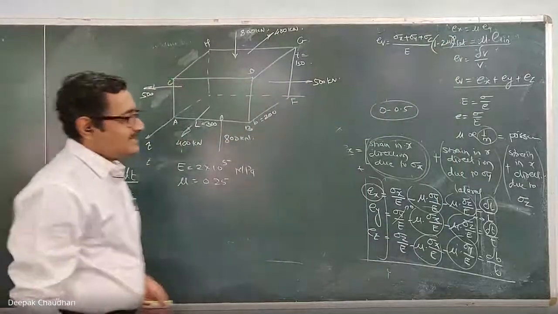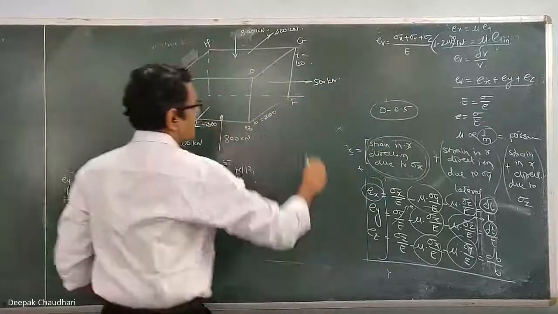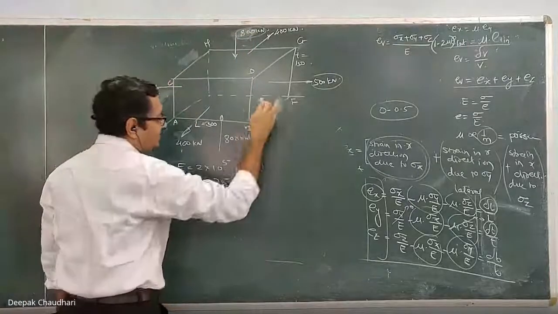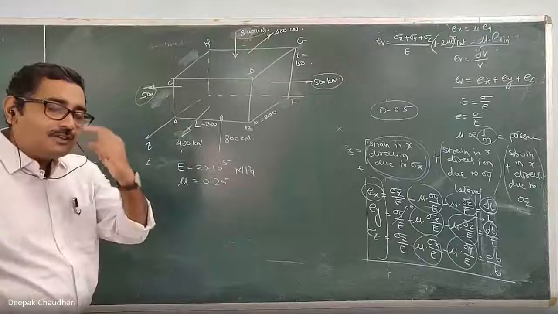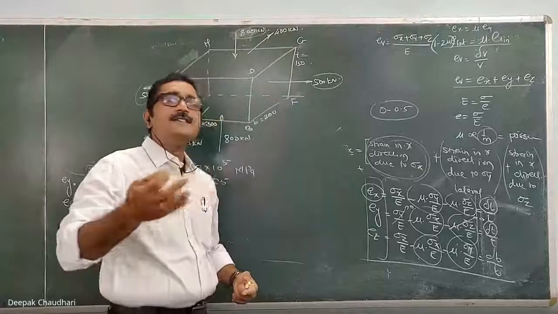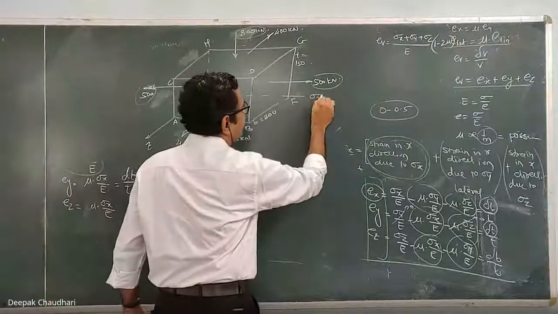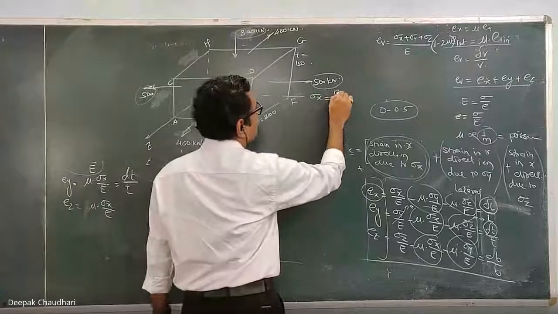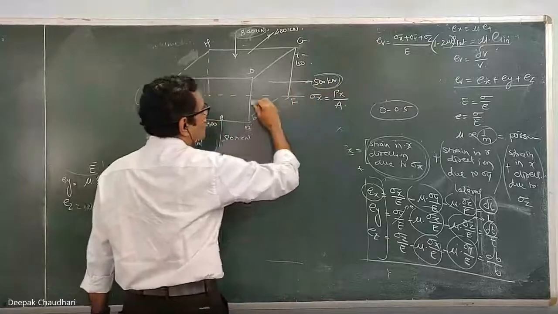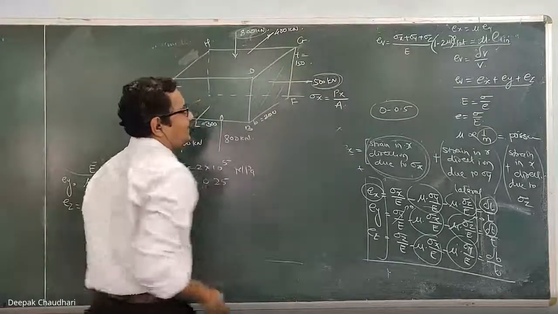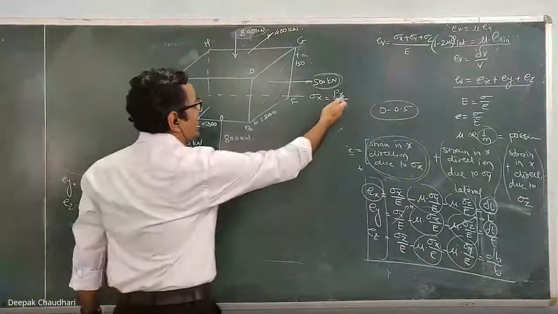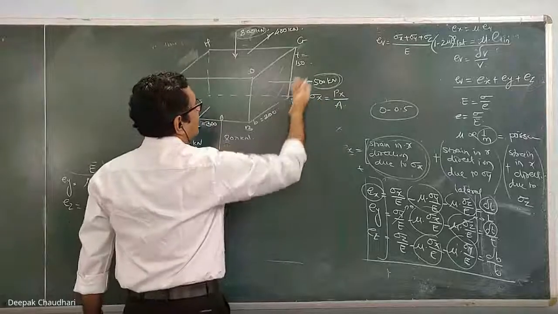This formula is in terms of stress, whereas here forces are given. So first you need to convert the forces into stress, that is, calculate the stress in the x, y and z directions. The stress in the x direction is the force in the x direction upon the resisting area. For this 500 Newton force, the resisting area is the one perpendicular to the line of action of that force. So we consider the area 200 into 150.